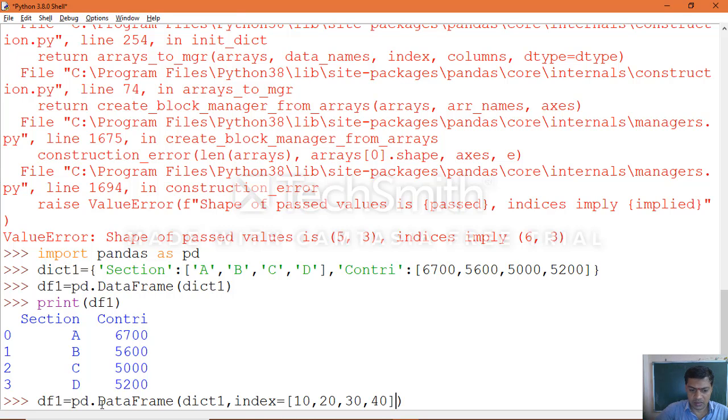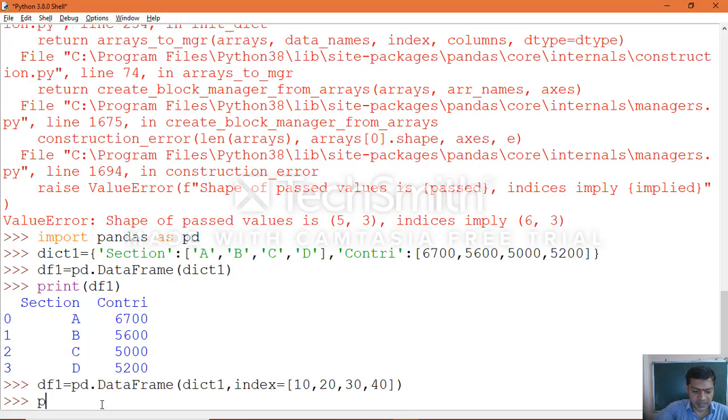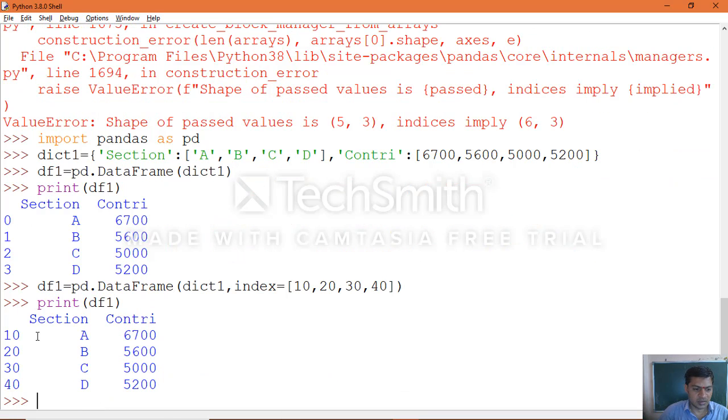Okay, then print the object again. We specified our own index, and you can see the index is according to what we specified. So that is how you can specify your own index for your data frame object.